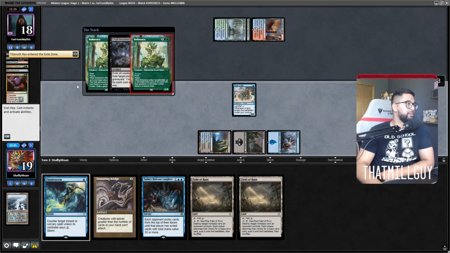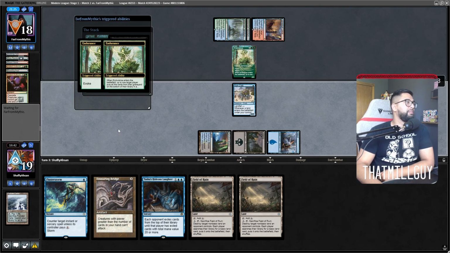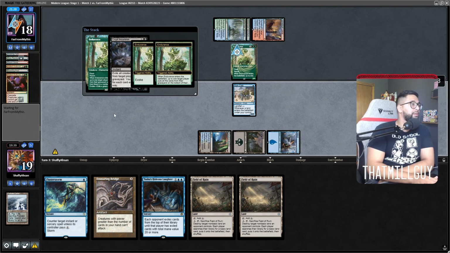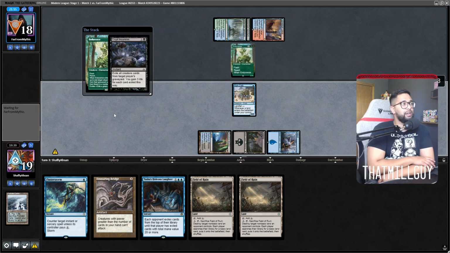Endurance plus the force backup. Wow, double endurance. Okay, sure. That's completely fine. So that's two modes of resources that are gone, and that's completely fine with me. Okay, so next turn we go land, Ensnaring Bridge,